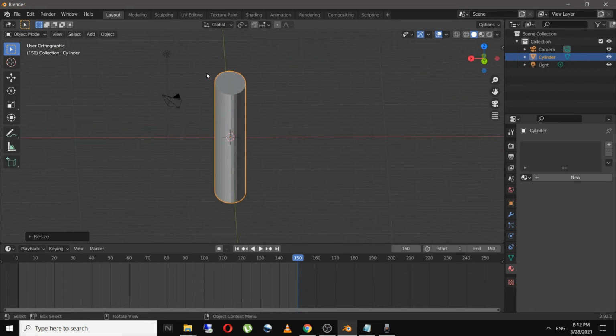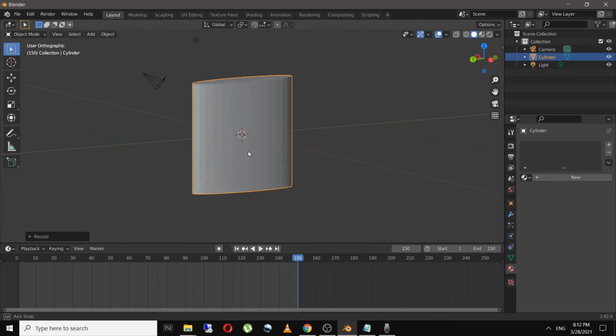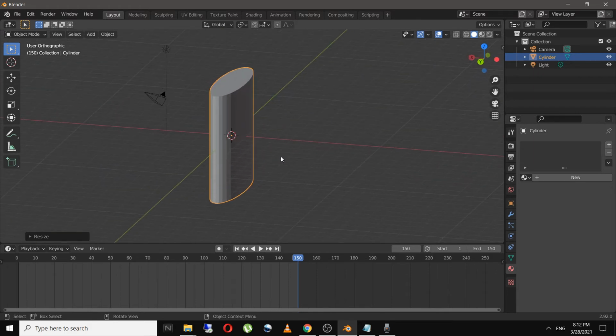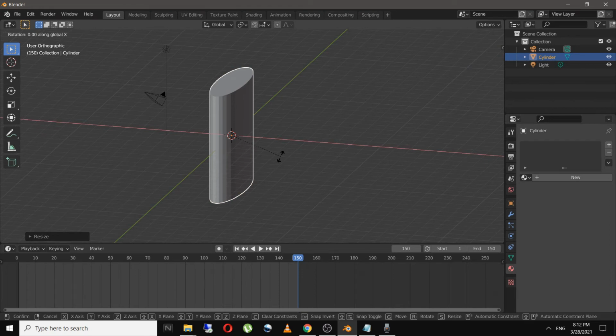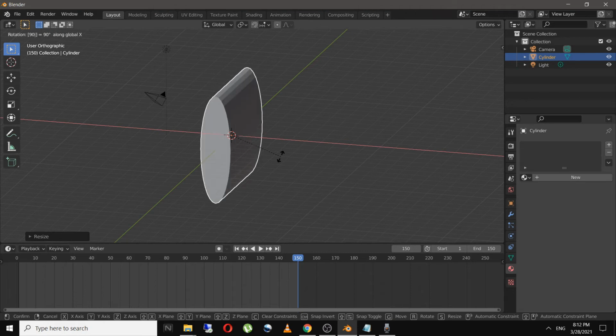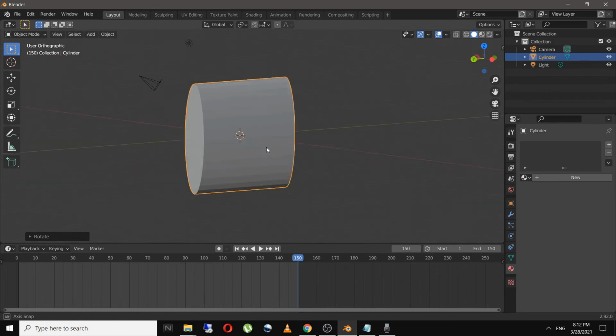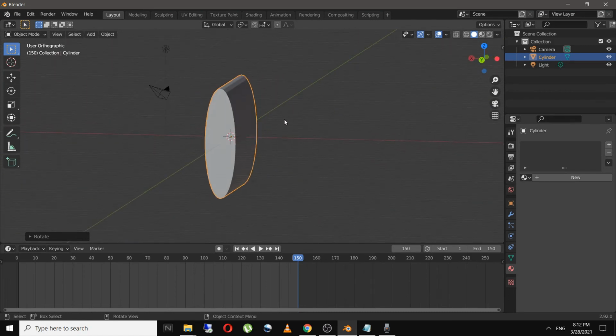And now if I want to rotate the object into say x-axis, I will click on R and X, and for example I want to rotate this 90 degrees, so I will type 90 and click on enter. So this has rotated the cylinder 90 degrees.